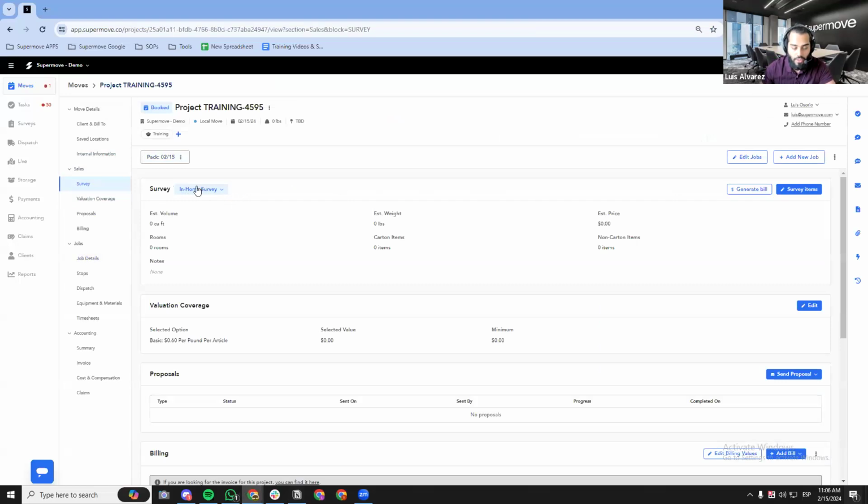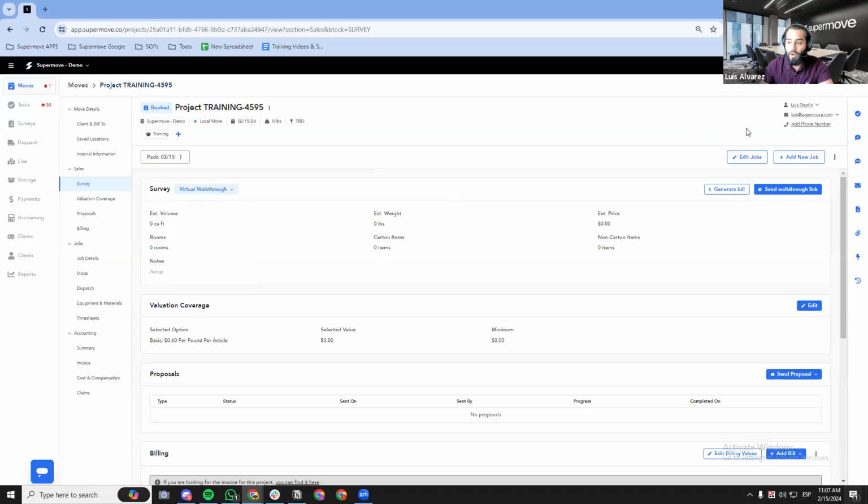If we click on where it says in-home survey, we can see all the different types of options or surveys that we have to offer. However, there may be more than two, but there's in general just two. The two that I mentioned are the ones that are led by the customers and the ones that are led by the users. The one that's led by the customer is the virtual walkthrough, and the ones led by users are the following three. Starting off with the virtual walkthrough, the way this works is that once we select it,